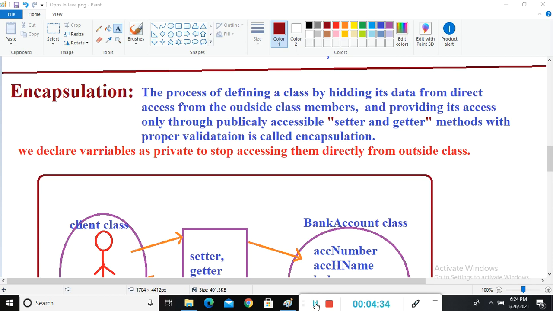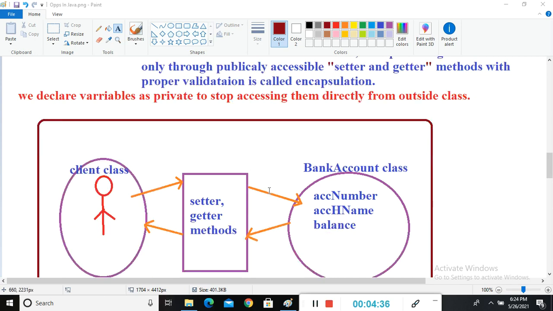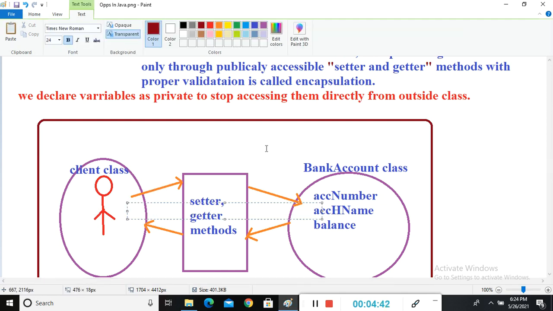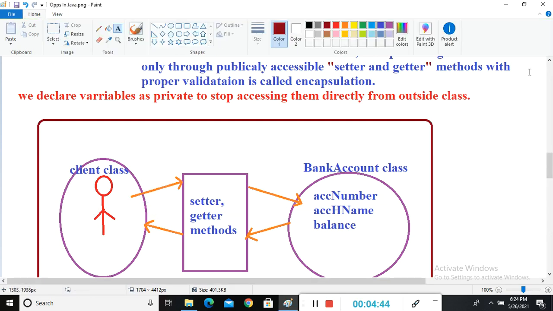I have prepared a diagram for you. Here, if we have a client class and they want to access the bank account data, they have to go through setter and getter methods. I will give you the practical implementation in another video.